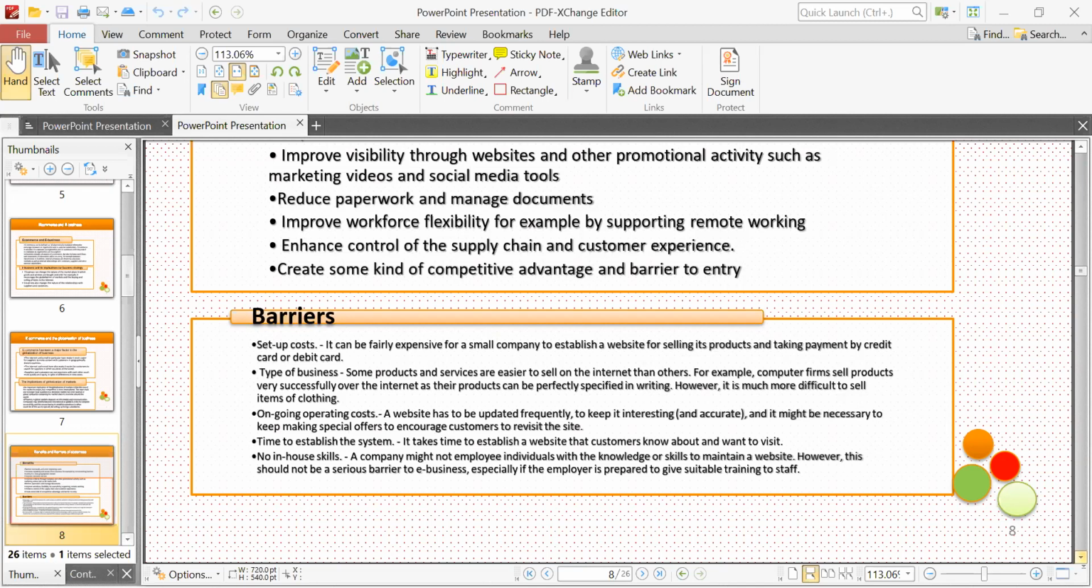The number two is the type of business. Do you agree that it is fairly easier to sell some products on the internet than others? If you agree, say yes. Is it fairly easy to sell some kinds of products on the internet than others? If you agree, please. Can you give me an example of a product that can